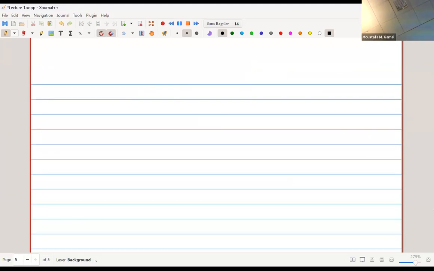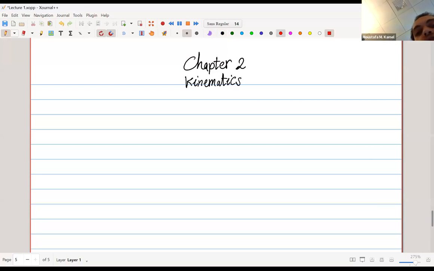So now we will move on to chapter 2, which is the actual start of the course. These are the actual questions that you will have on homework and exams and so forth, except for one question on unit conversions on the first homework. So let's start with chapter 2, kinematics. And to be specific, it's one-dimensional kinematics. Okay.